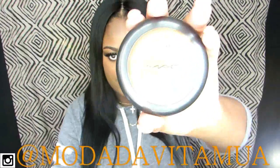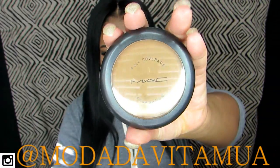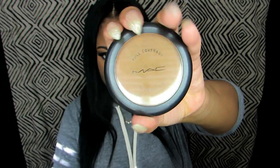And today I am demoing a new product that I purchased. Well, it's not new in the cosmetic world, but it is new to me because I've never tried it. Actually, one thing I'll be demoing, but I'm going to be trying out two things. And that is the MAC Full Coverage Foundation. I'm sure you guys have seen this all over YouTube land,